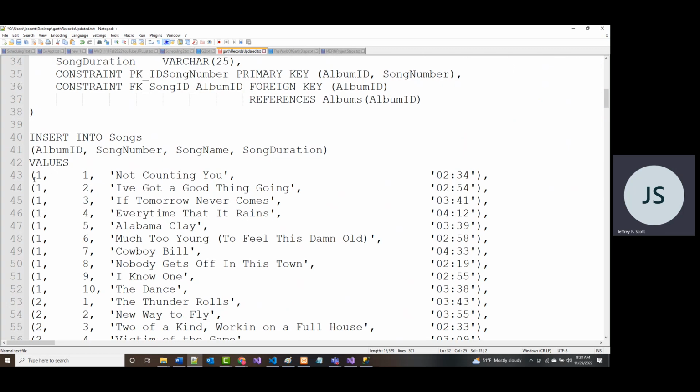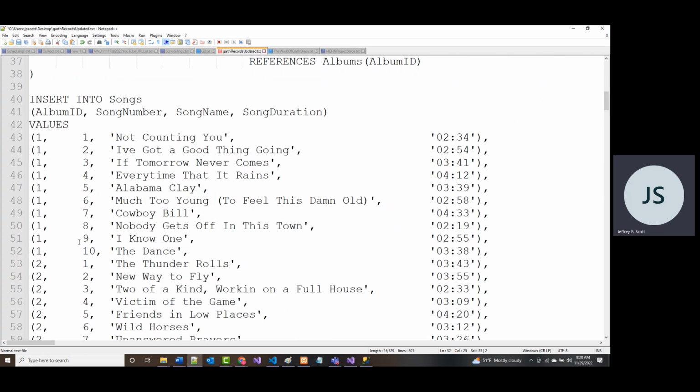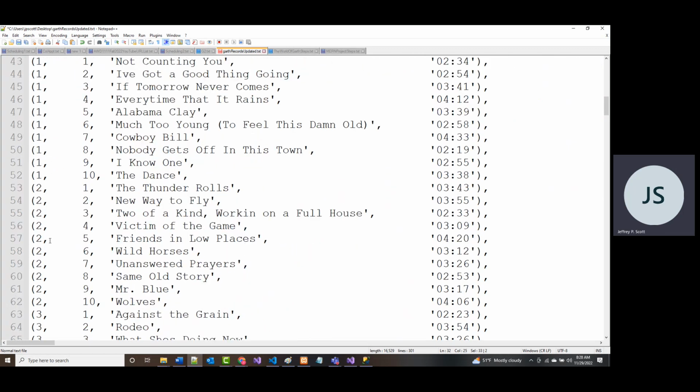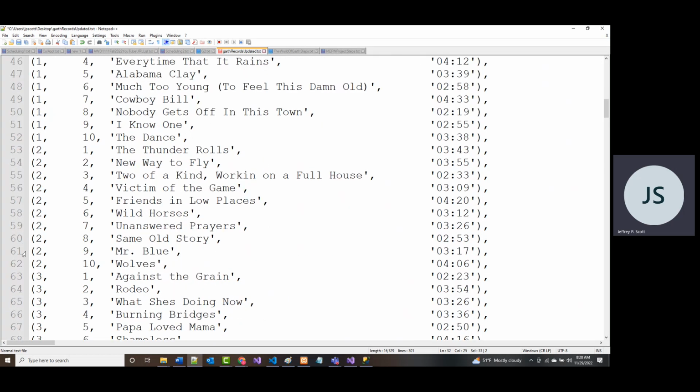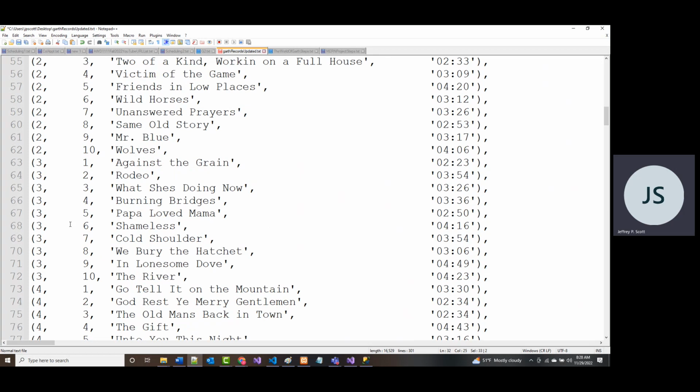So you'll notice 1, 1, 1, 2, 1, 3, 1, 4, all the way to 110. So that's everything that starts with a 1, that's album 1, and these are the 10 songs that are in there. This is album 2, and there's the 10 songs in there.